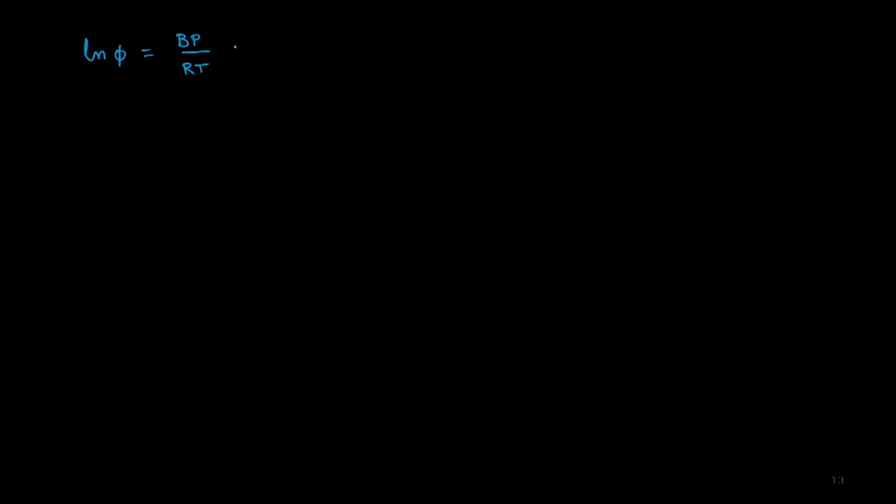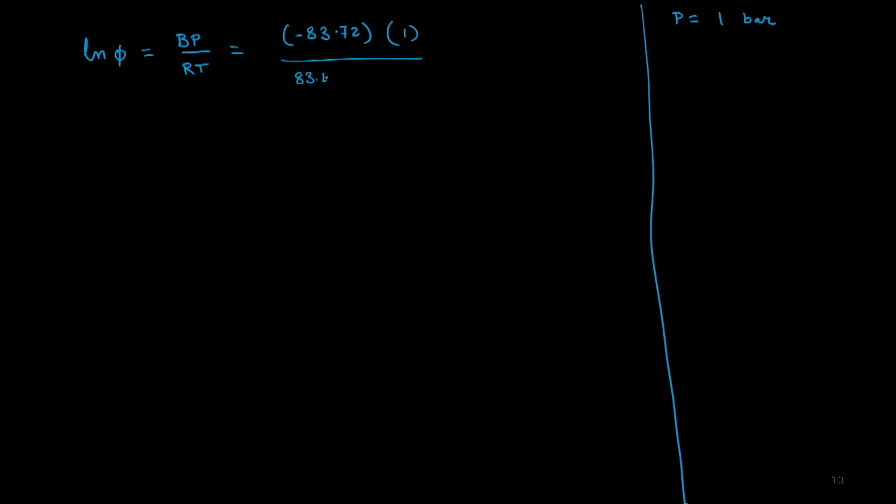And once I have the value for B, which is negative 83.72 cc per mole, I just need to be careful with the units. We have three different conditions for which we are interested in calculating ln phi. The first one is 1 bar over 83.14 and 373 Kelvin, right? And for this value, it turns out that ln phi is